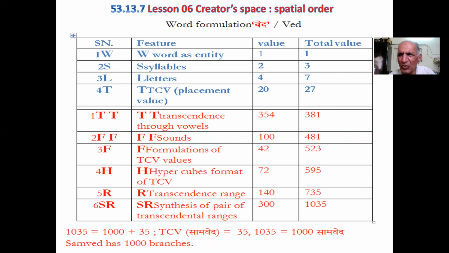The value 1035 is equal to 1000 plus 35. Value 35 is equal to the TC value of formulation Samved. There are 1000 branches of Samved. The value 1035 as the summation value of all 10 folds of TC value of formulation Ved is very, very blissful